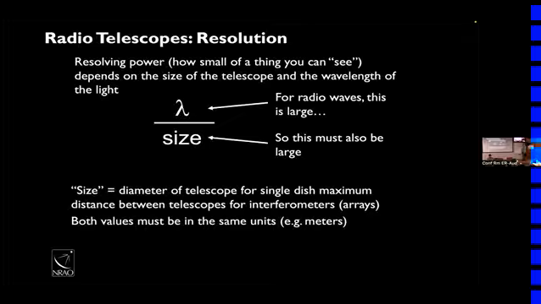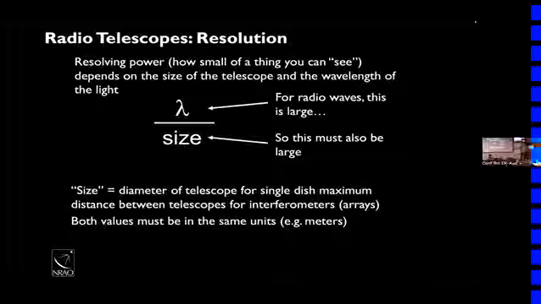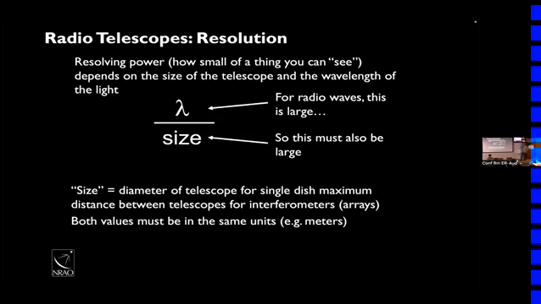So it turns out, if you remember from the electromagnetic spectrum, radio waves are big, right? They are sort of centimeter, 10 centimeter, meter wavelengths. So they're much bigger than optical wavelengths. To have the same resolution as an optical telescope, radio telescopes have to be a lot bigger, right? Like the Jodrell Bank telescope, built in the 50s, was much larger than any optical telescope that had been built at the time. So if you want to build a radio telescope that can observe at very high resolution, you've got to build a big telescope. And there's two ways to do this.